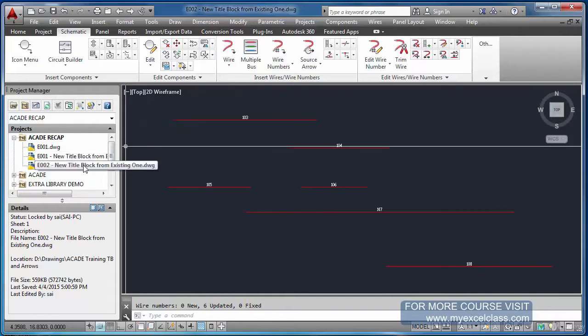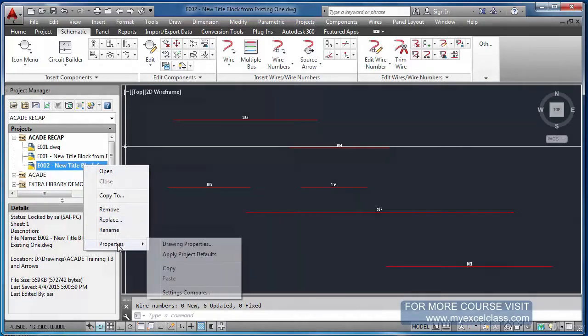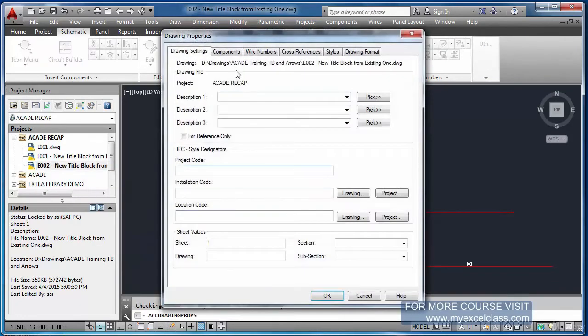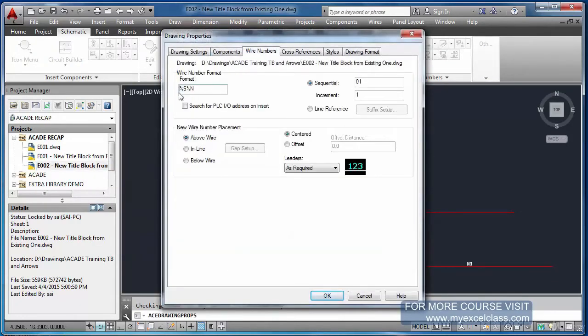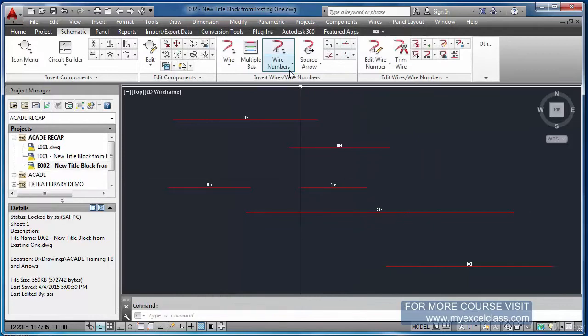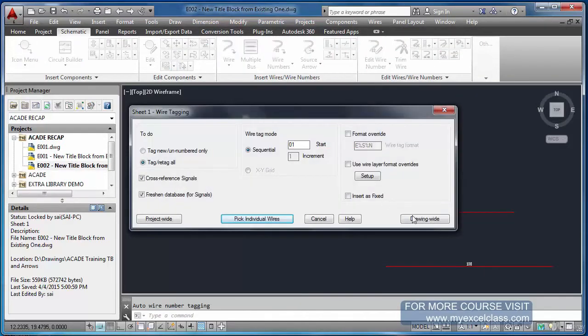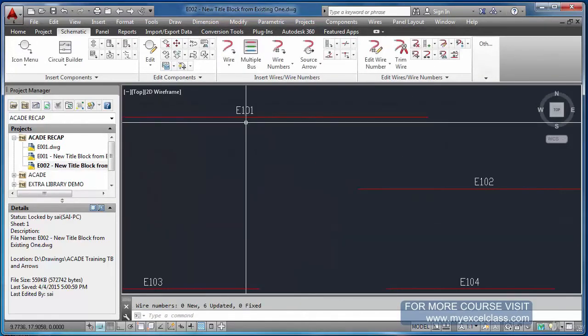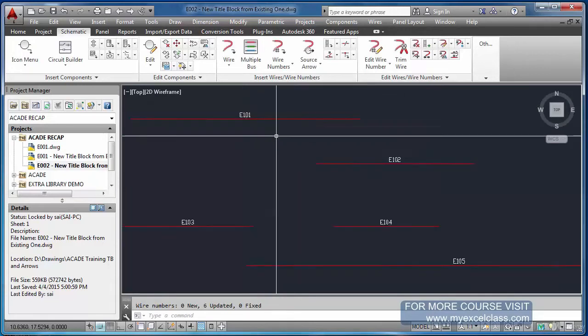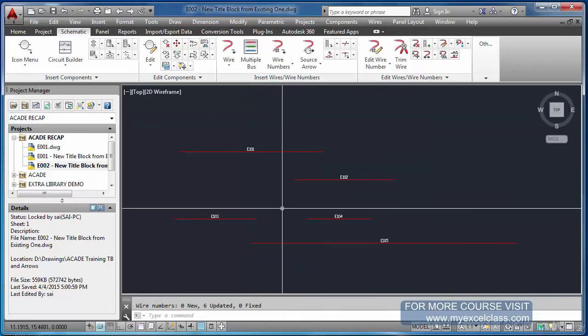And again, if I want a prefix added to the wire numbering, suppose I want a prefix E before each wire number, now you see E101, E102 in this way.